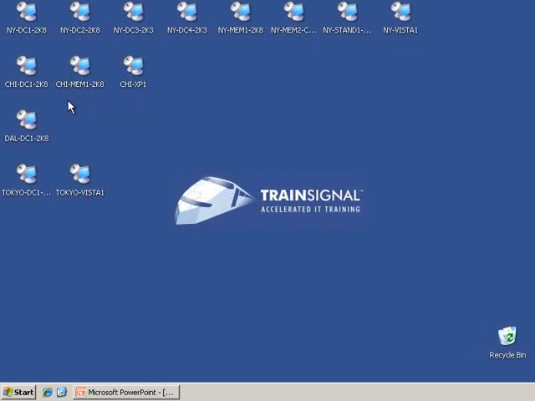Now, for this demonstration, we are going to use Chicago DC1 and Chicago MEM1 as our 2 terminal servers. Now, there's a couple things I want to point out. One, we're doing this in Chicago because, as we know from previous videos, the sales department is primarily in Chicago. The second thing is,